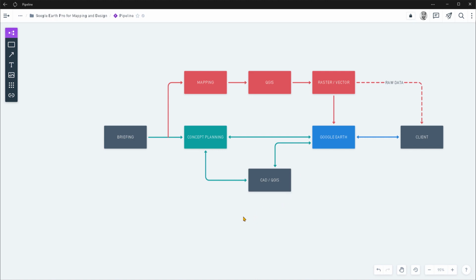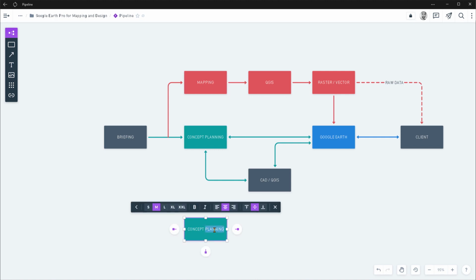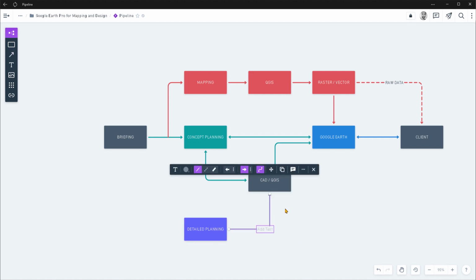And finally, if we require detailed planning, this is going to be the very last step. So I'm going to create a new box here and call it detailed planning. And I'm going to create a two-way flow between the detailed planning and the CAD and QGIS. Now, normally we're always going to use CAD or QGIS for our detailed plans because a concept plan for us